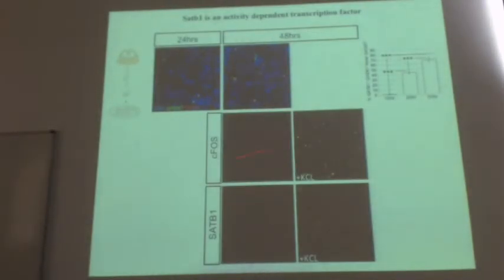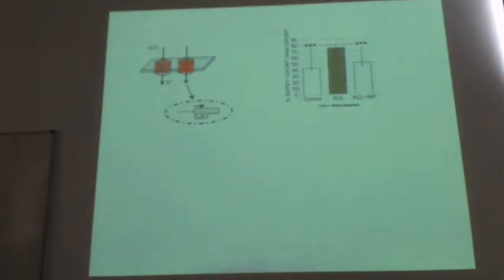So now we culture these cells for 2 days in vitro in the presence of potassium chloride, and what we can see is that we have a massive upregulation of FOS, which is a known activity-dependent marker, but at the same time we have a very significant increase in the expression of SATB1. And to further investigate that this is due to the physiological pathway that I have described to you, and that these calcium channels are implicated,